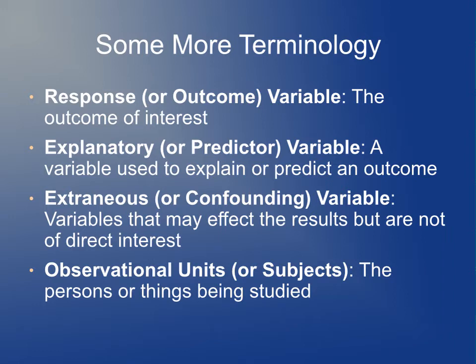An extraneous or confounding variable is a variable that may affect the results but is not of direct interest. For examples, we'll explain here in a minute. Socioeconomic status of a child is a confounding variable in the polio vaccine trial, in that children from wealthier families are actually more likely to contract polio than children from poorer families. If these wealthier families are more likely to get the vaccine, then that could create bias against the vaccine in